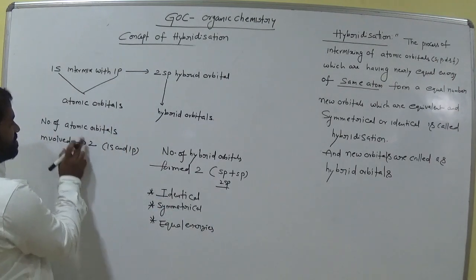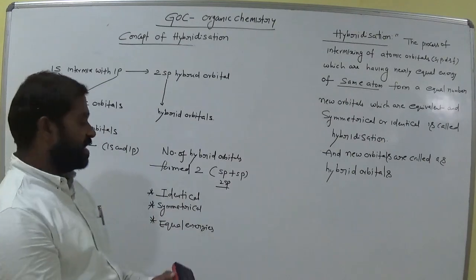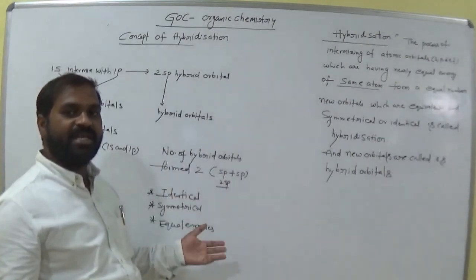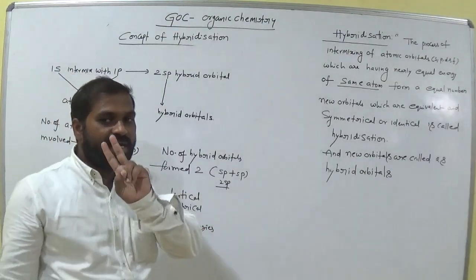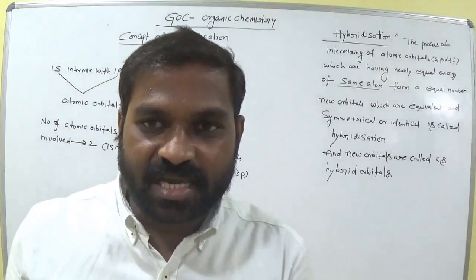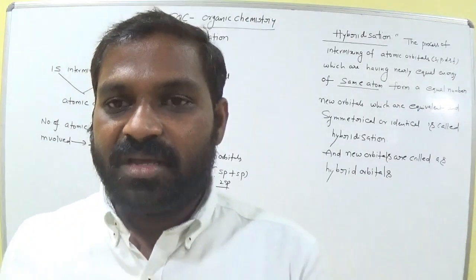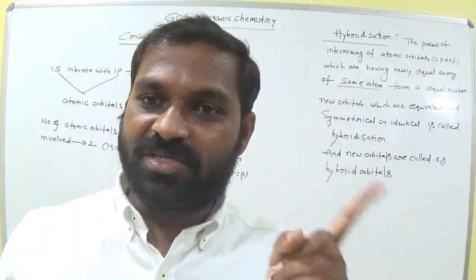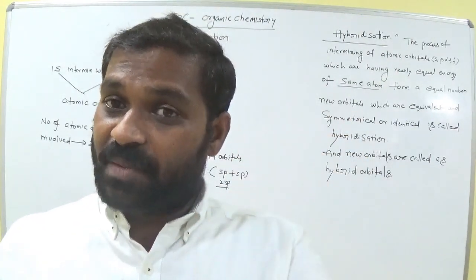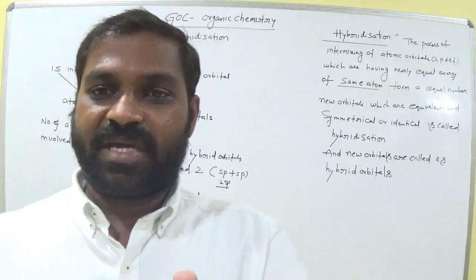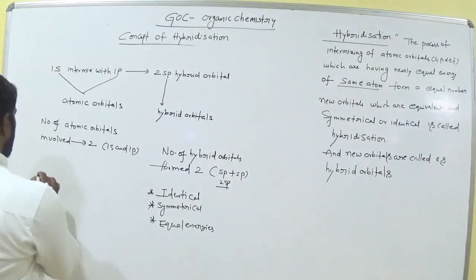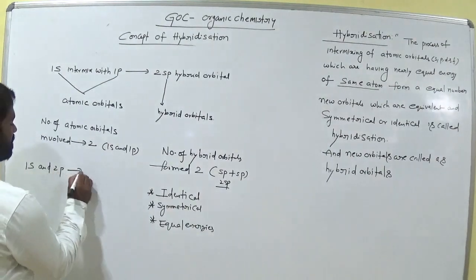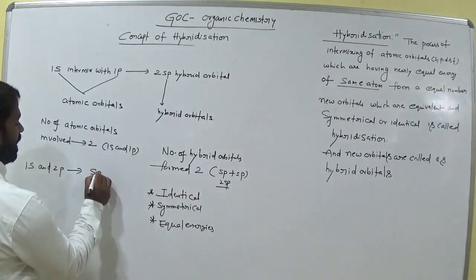Here there is some amount of difference in the energy, but here we get 2 sp hybrid orbitals, both having the same energy. After hybridization, the energy of the orbitals is the same. If 2 orbitals are involved in the hybridization, we get the same number of hybrid orbitals. So s and p are involved, so we get sp hybridization. How many sp hybrid orbitals do we get? 2 sp. Okay, clear? Suppose 1 s and 2 p orbitals give sp2 hybridization.